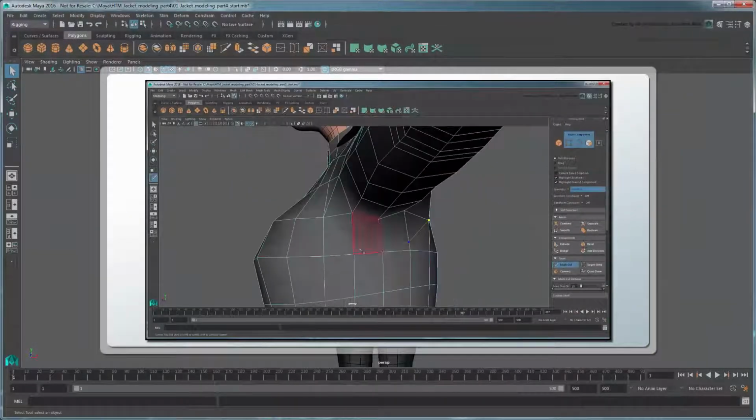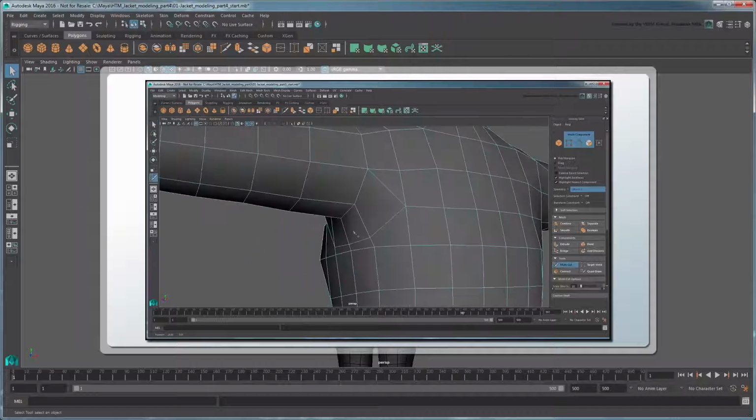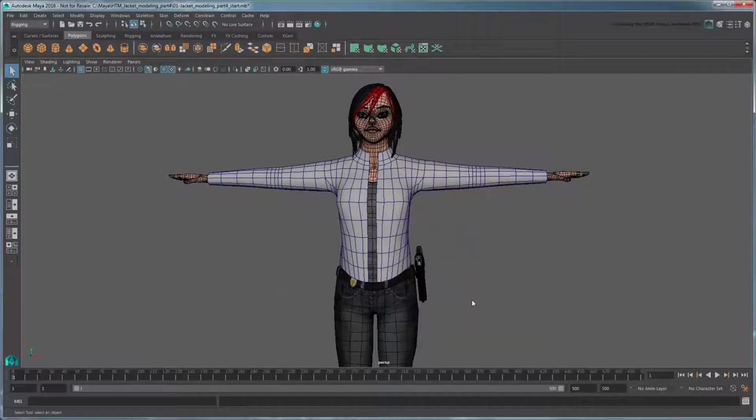In the previous movie, we used the modeling toolkit to adjust the shape and topology of our jacket mesh. In this movie, we'll create its UV map, as well as give the jacket some thickness. Make sure to set the current project to the provided scene folder, then open the file Jacket Modeling, Part 4